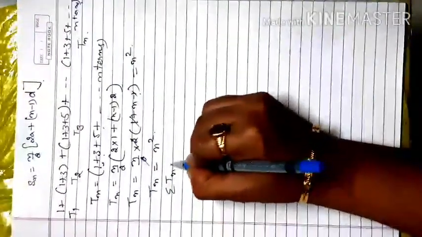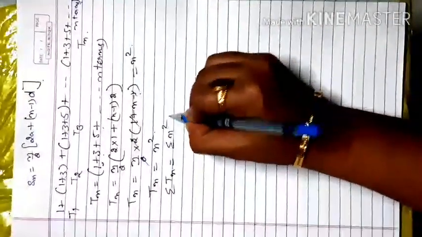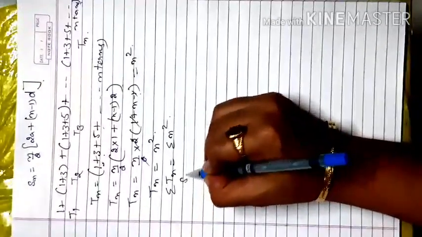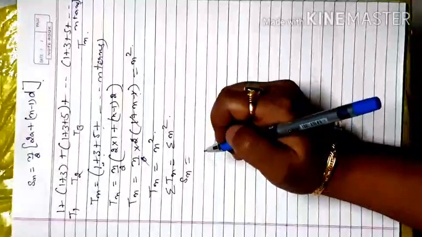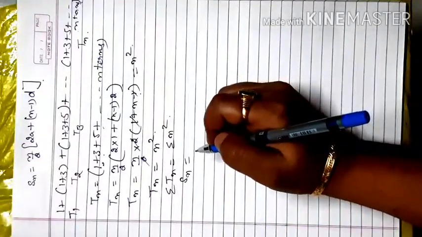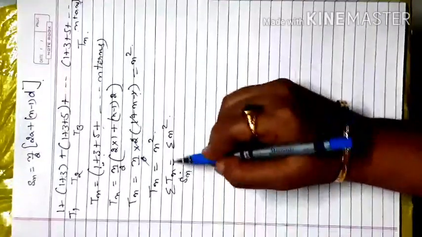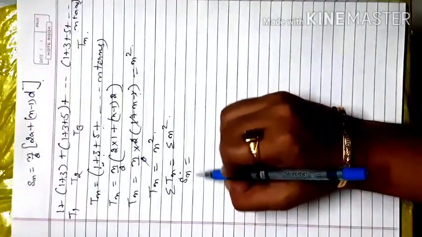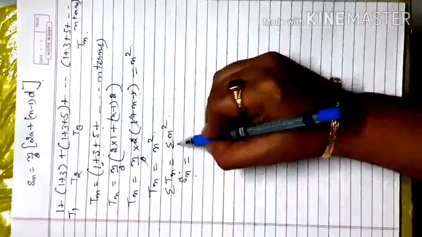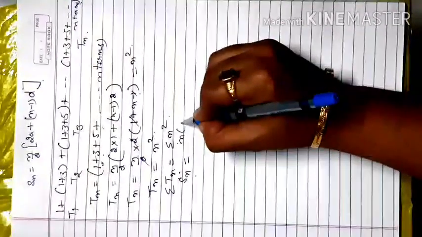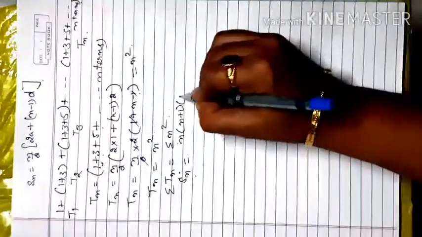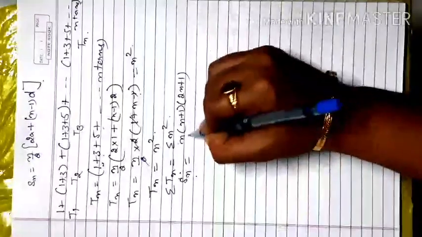both sides. Sigma Tn is equal to sigma n square. Sum of n terms is equal to Sn. If you write summation of Tn, that means T1, T2, T3 up to Tn, all terms are being added, and we mention this in the form Sn. And for sigma n square I have the formula n into n plus 1 into 2n plus 1 by 6,